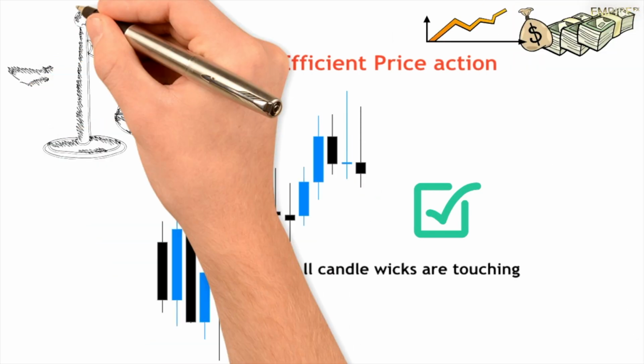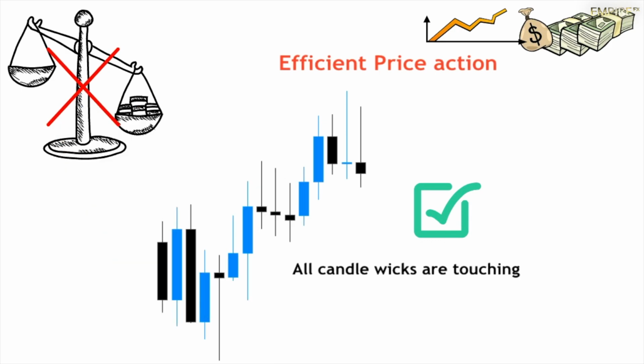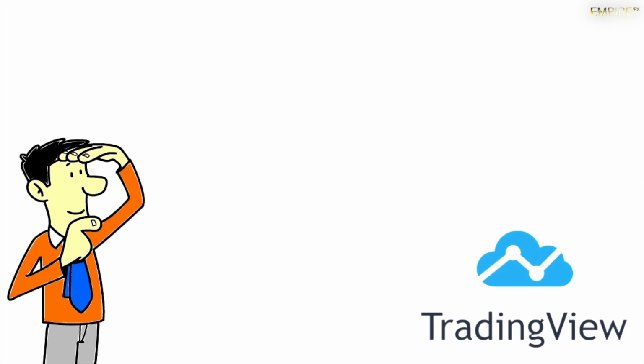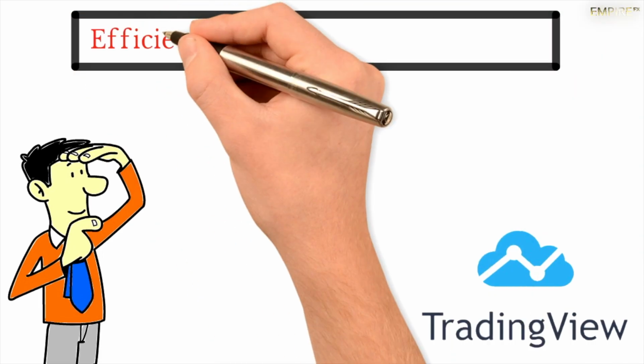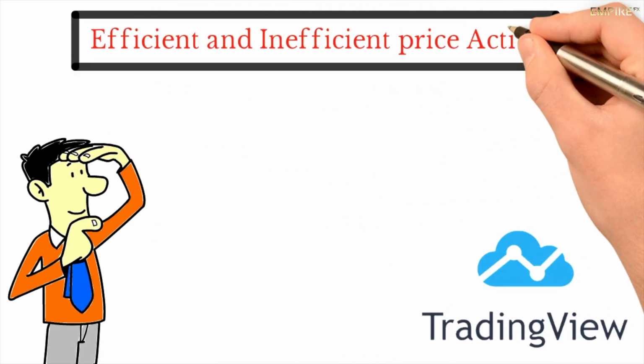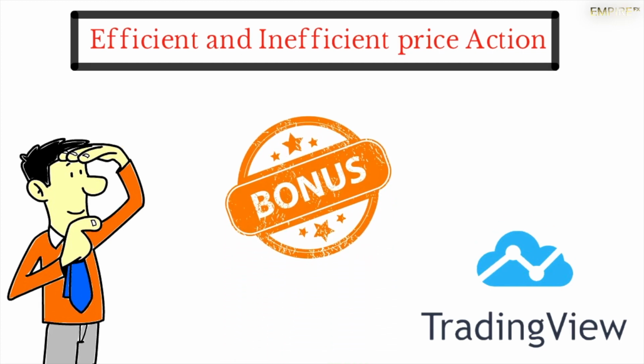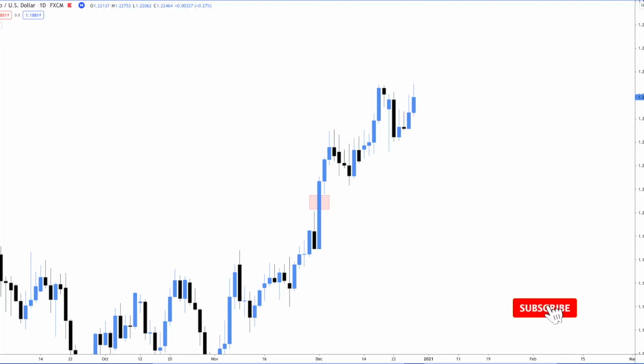in the market. Now let's head over to TradingView so I can show you some examples of how to identify efficient and inefficient price action. I'm also going to share with you a little bonus secret. I'm going to show you how to read inefficient price action or imbalances in a trading market. All these confluences I'm teaching you in my videos will add up for the bigger picture of executing high probability